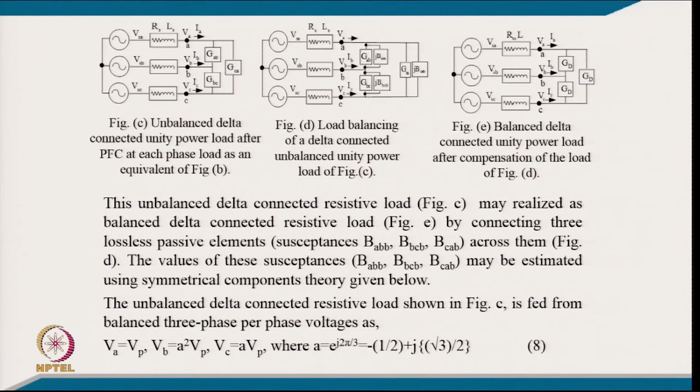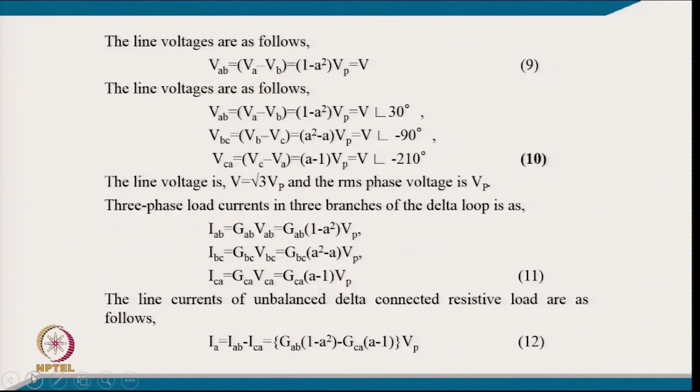So, this is the supply voltage, a balanced supply voltage, and now we can find the line voltage from the phase voltage, with RMS value equal to V. The line voltages for all 3 phases are 120 degrees apart, but the magnitude is the same because it is a balanced voltage. The line voltage will be equal to root 3 times the phase voltage, where Vp is the phase RMS voltage. The 3-phase load current in the 3 branches of the delta loop will be the conductance across the line to line voltage, and similarly for BC and CA. So, these are the currents of the 3